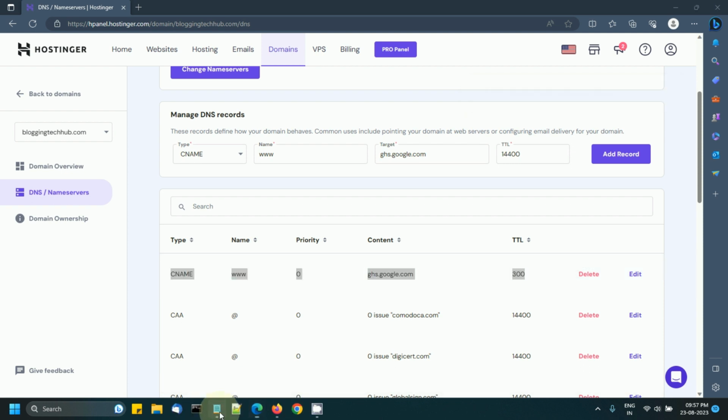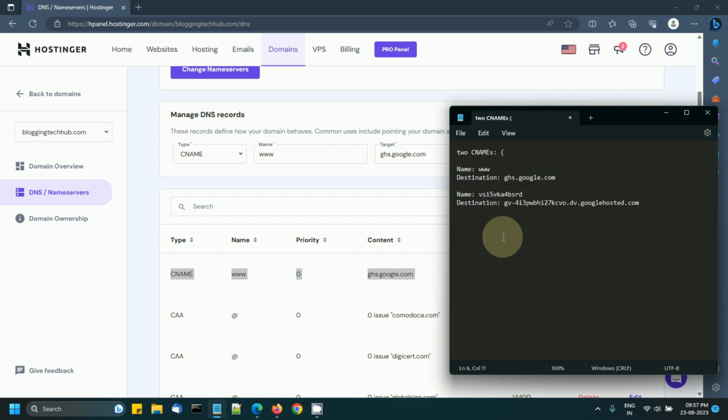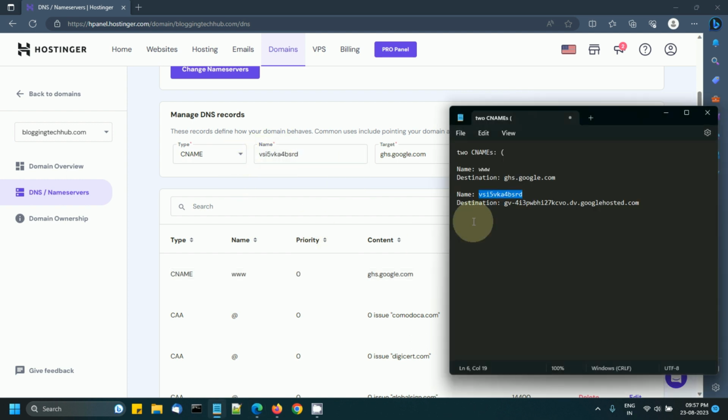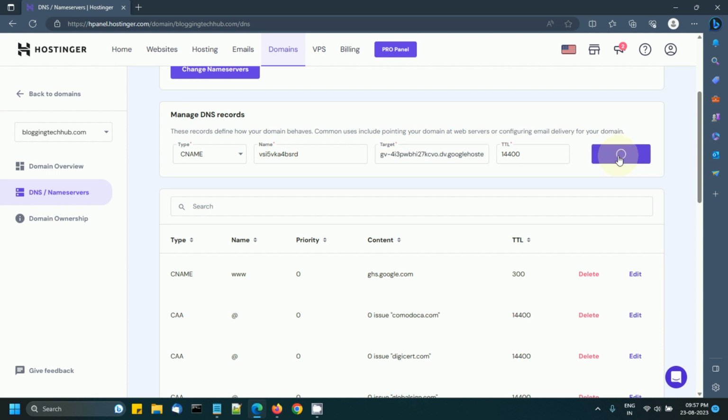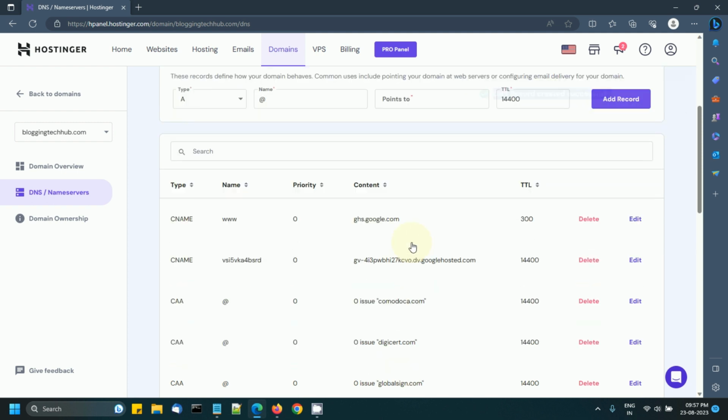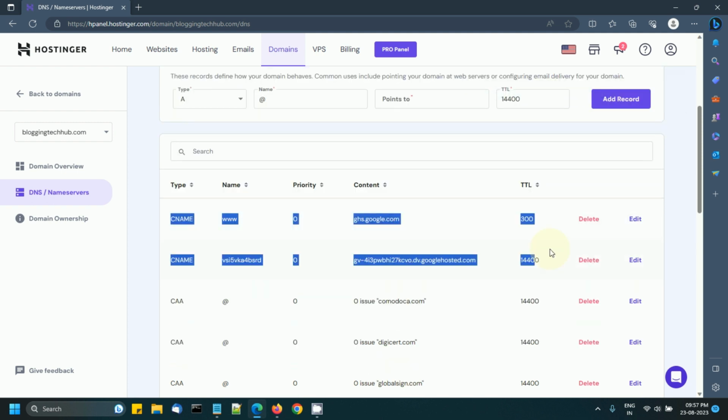The next CNAME that we need to add is this. Copy CNAME and destination, and record. DNS record added successfully. So these are the two entries we just did right now. Okay, all right, now